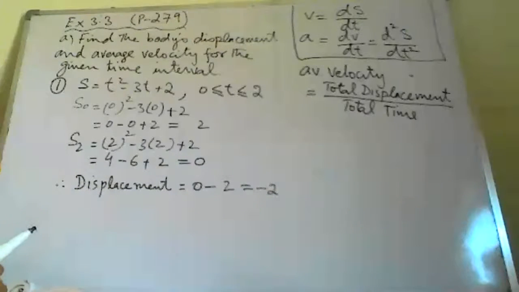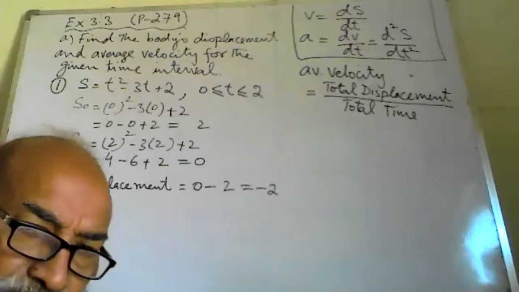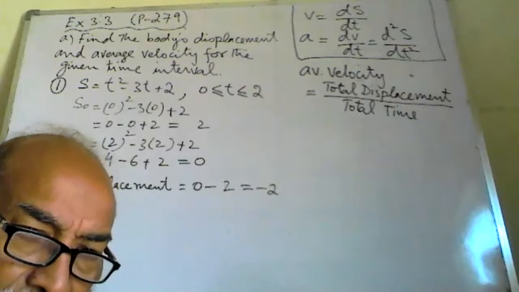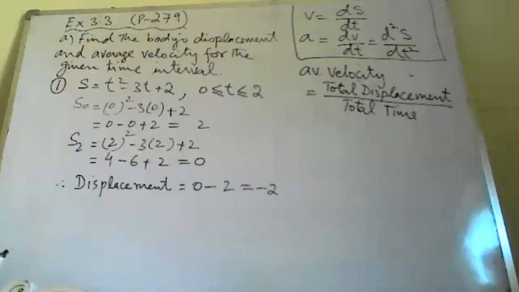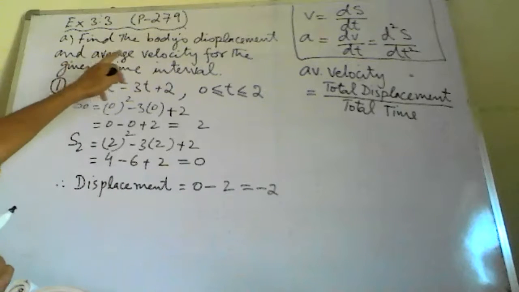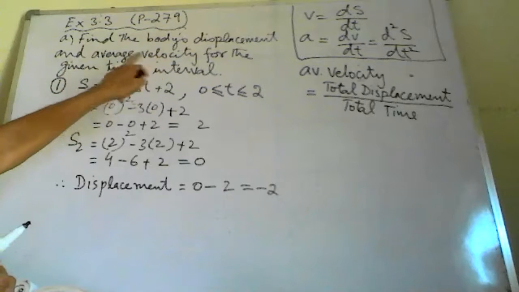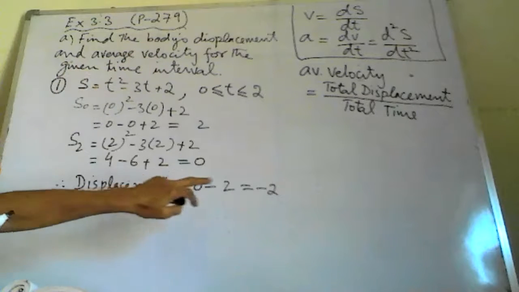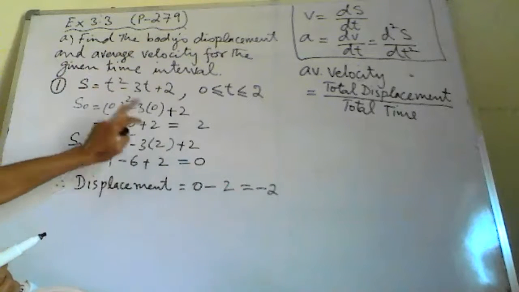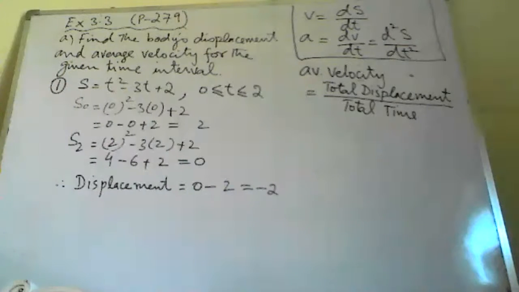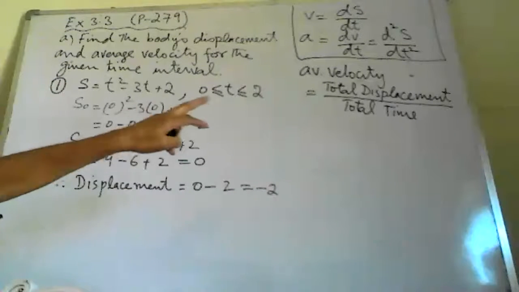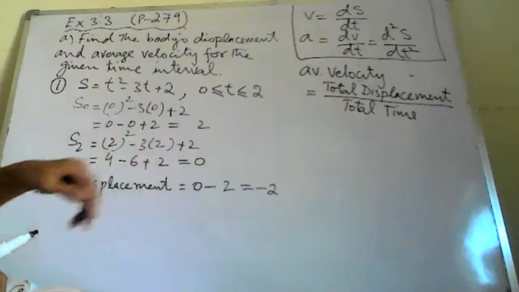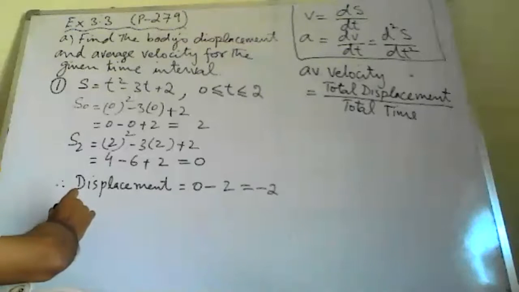So displacement is minus 2. Now we will find the body's displacement. तो डिस्प्लेसमेंट हमने फाइंड कर लिया दैट इज -2. उसके बाद है एंड द एवरेज वेलोसिटी. एवरेज वेलोसिटी का फार्मूला है टोटल डिस्प्लेसमेंट अपॉन द टोटल टाइम. So we'll find the average velocity